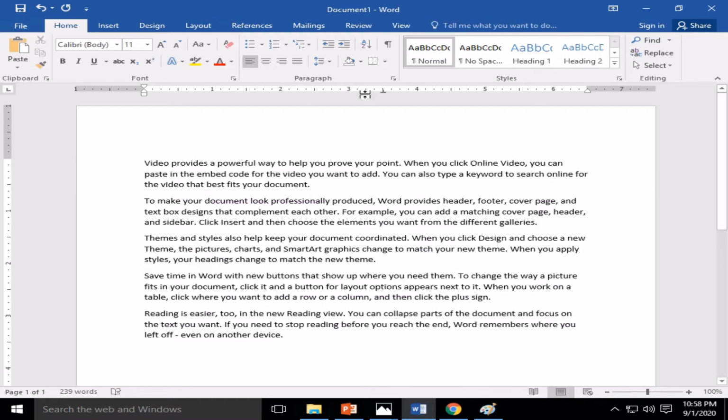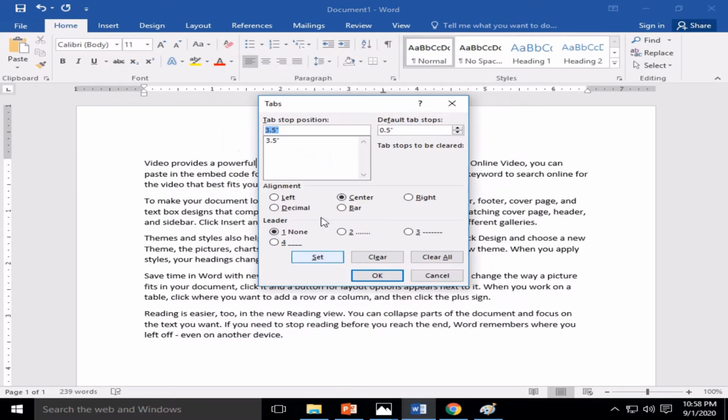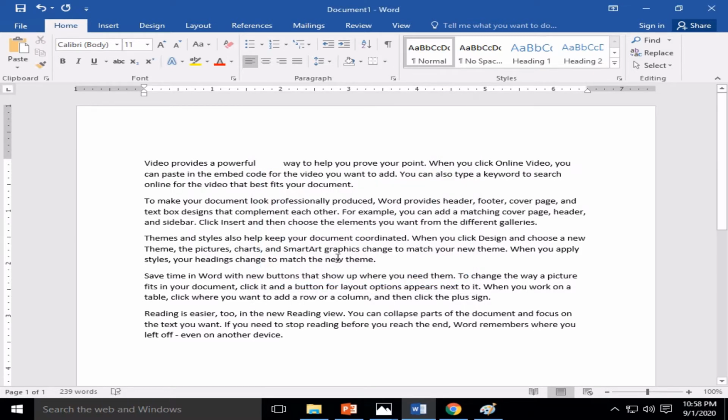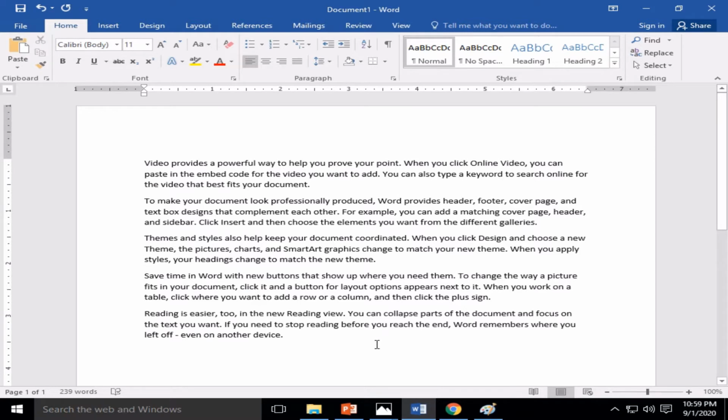By default, how is it jumping? Let me show you. Click tab and clear this by Clear All, and now only 0.5 is applied. Now you can see I am pressing the tab button from the keyboard. You just notice I am pressing.